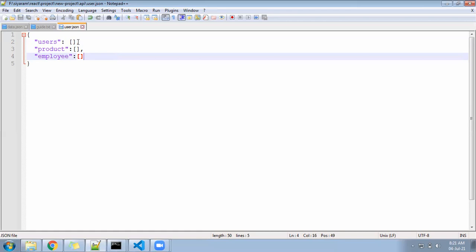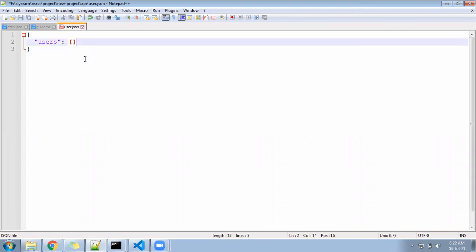But we will not do it like that. One user.json file is only for the user, only for account purposes. The user can register, their details will come here, login will happen from here, and it will display in our page. So in this, we will not add anything else. For other things, we will create a separate data.json file, and in the data.json file we will store that data. In one JSON file you can store multiple types of data, that is the next step. So in this file, only one type of data, that is the account of the user, the user details.